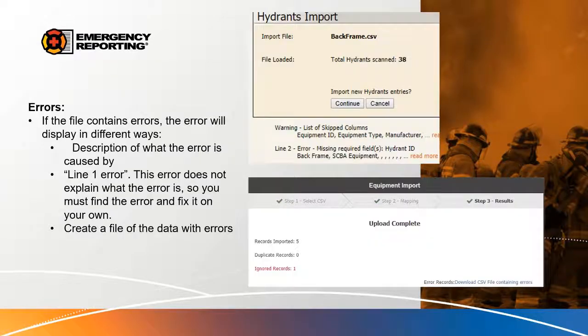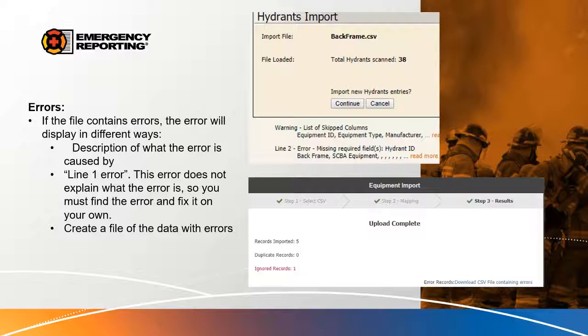Now with the import tools that we have, some are newer. If you look at the screenshot up at the top of the screen, that's our Hydrant import, and that's one of our older import tools. We are looking at doing an upgrade here very soon, but it shows you what happens when there's an error. When the file gets uploaded, you hit next, and then the import tool sees an issue. Listed here, it says warning, and it lets you know what line it's on, that it's missing a required field, and then you can read some more information.